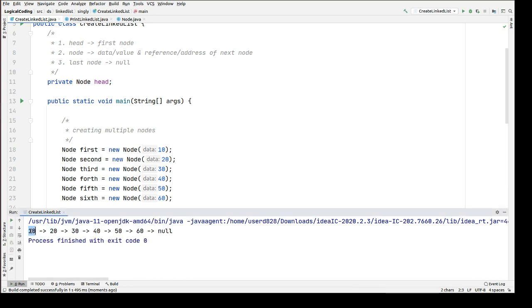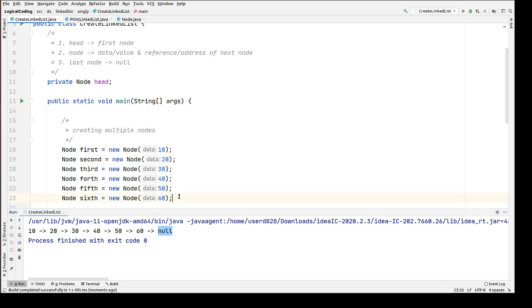This is the first node value, and the reference of the first node is pointing to 20, which is the second node that has value 20, and the reference of the second node is pointing to 30. Likewise we go till 60, the last node, which has value 60, and the last node reference is pointing to null.